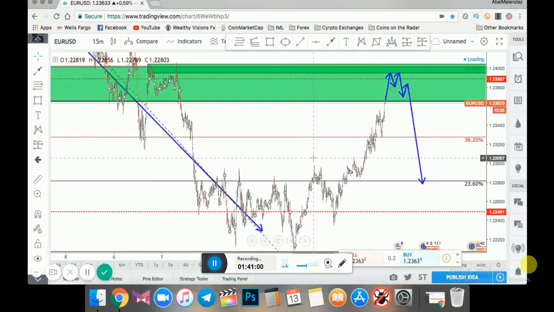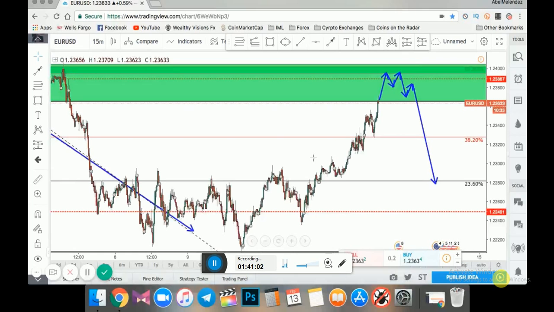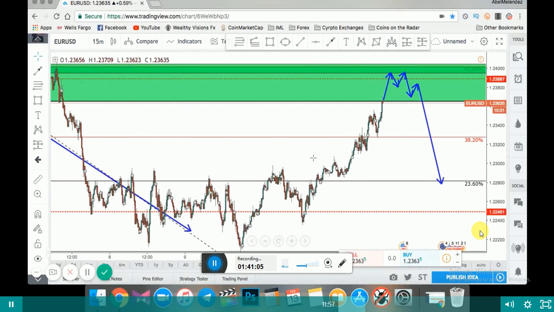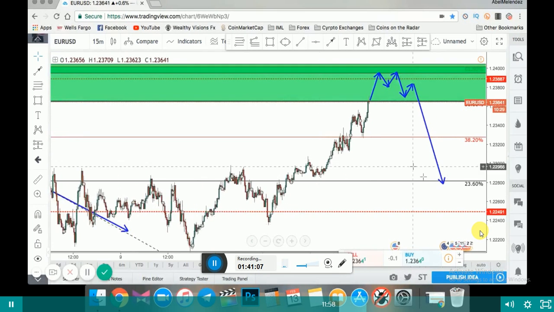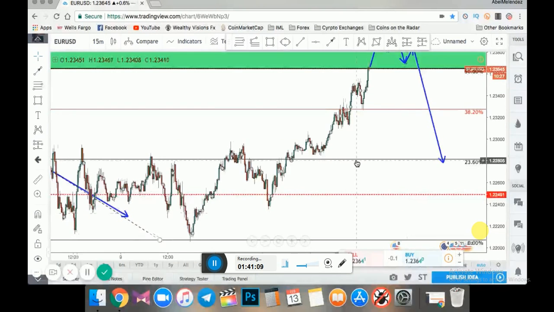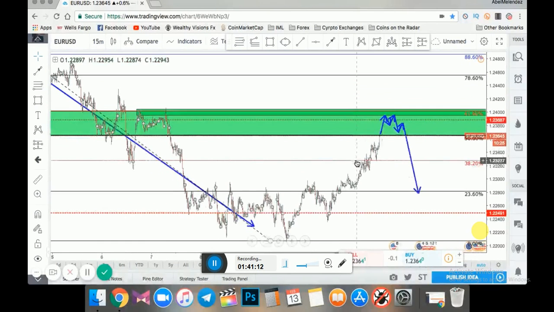Like for me, because I've been doing it for over 2.5 years now, I can see these setups quite quickly. I can see them, and I can capitalize off these big moves while only being in the market